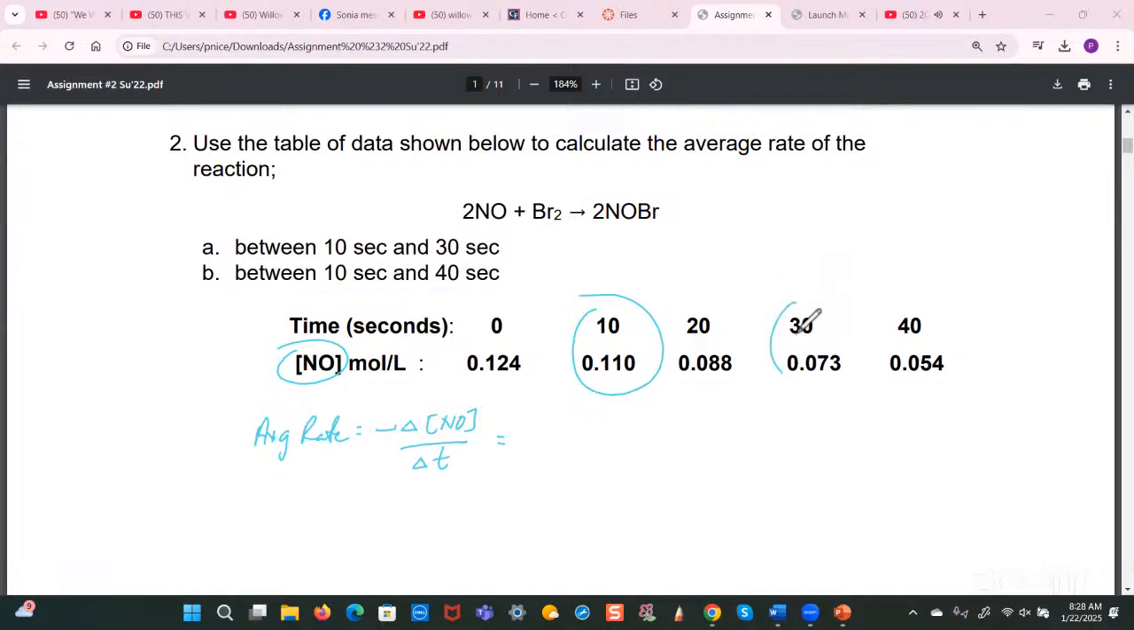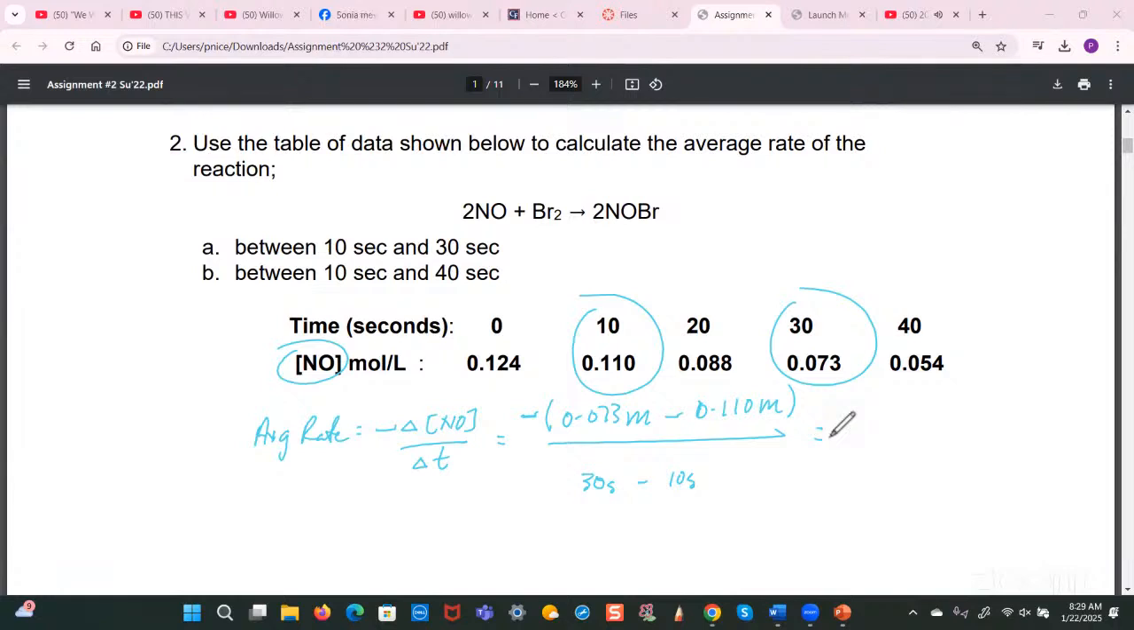10, 30. Minus 0.073. 0.73 M minus 0.110. 0.110 M divided by 30 seconds minus 10 seconds, exactly. Let's see what that gives. 0.073 minus 0.110, and then put the minus sign here, divided by, so 30 minus 10 gives you 20, so